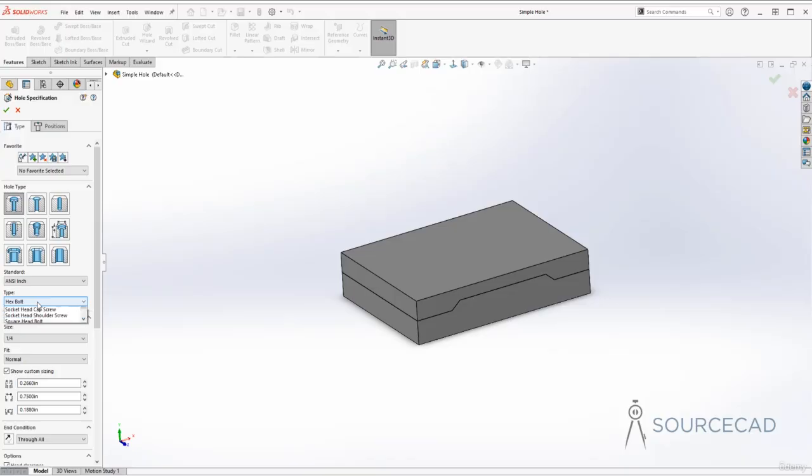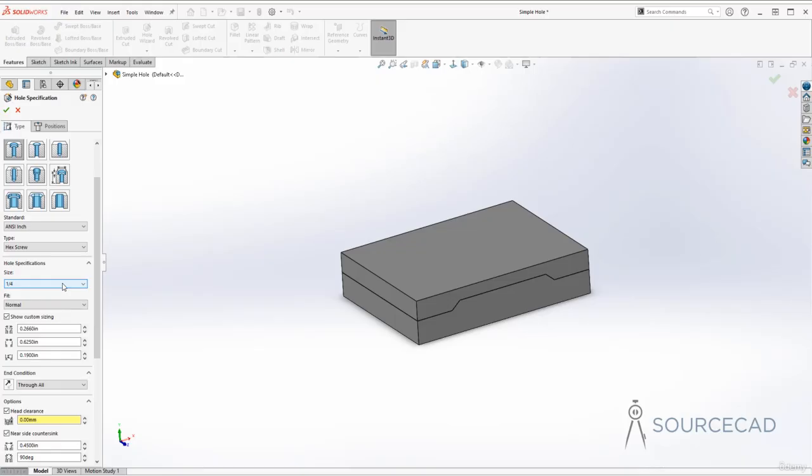Alright, then we have the type of bolt which you can select again from here. So you can just select any kind of hole from this, and again in this case I'm just going to select the hex screw. Now the size here. So the size of this hole is 1/4 inch. So that's the smallest hole. So I'm going to just select this 1/4 inch size, but if you want to select any other size, you can of course select it from this list. In this case, I'll change maybe from hex screw to hex bolt, and now this is the 1/4 inch size